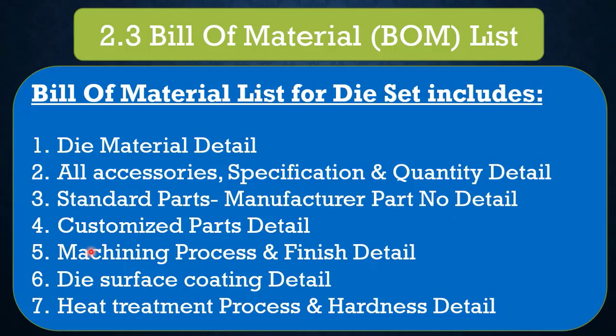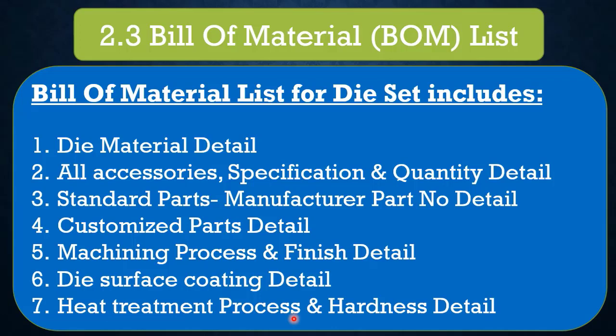Number 5, manufacturing process and finish detail. Number 6, die surface coating details if there are any. And number 7, heat treatment process and hardness details. So we will see one by one in detail in the upcoming slides, and I will take you through the first